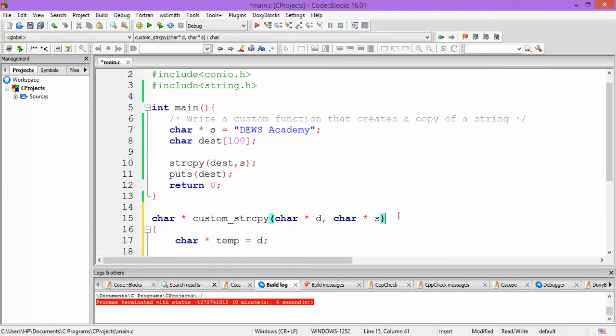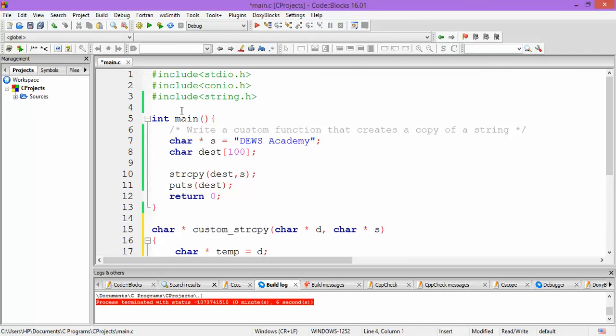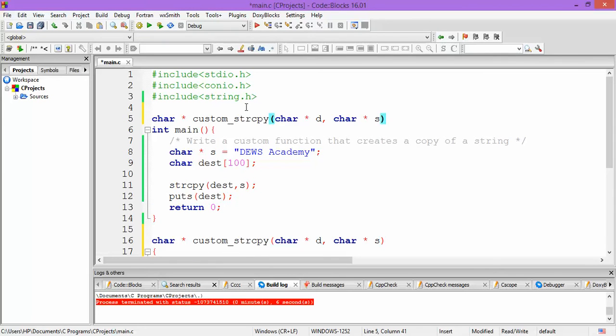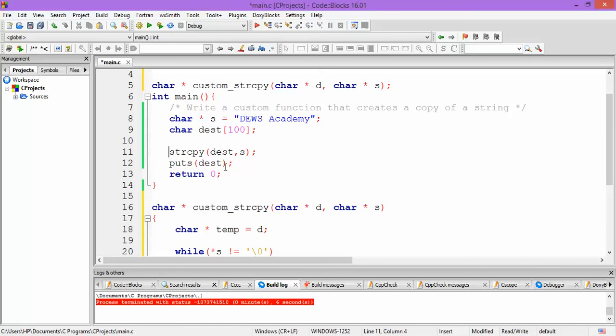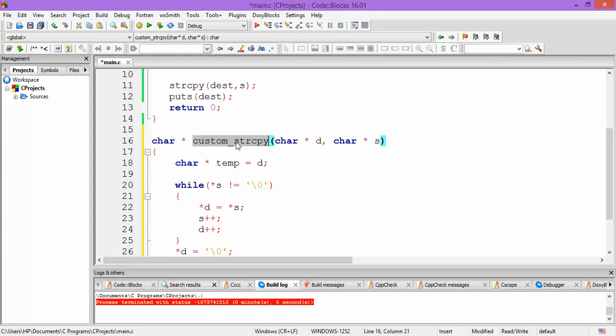Now before calling it, let us declare it before the main function, and we are not going to use the inbuilt library function. Instead we are going to use our custom function.